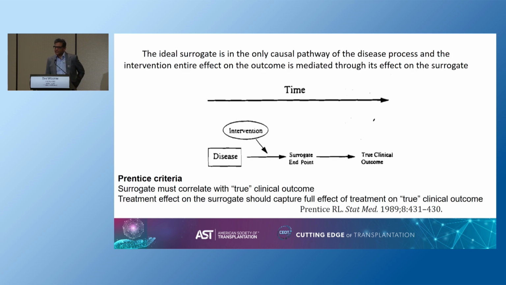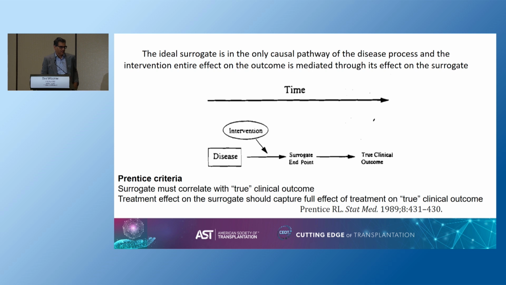And I'm going to start with the basics because we think we know a lot about surrogates, but revisiting the Prentice criteria, which are really a high bar for any surrogate to make. And the big issue here is that an ideal surrogate is one that is on the only causal pathway for the disease process. And the intervention, whatever it may be, is entirely encapsulated by its effect on the surrogate. And that's something really important for us to get a handle on, at what a high bar that is